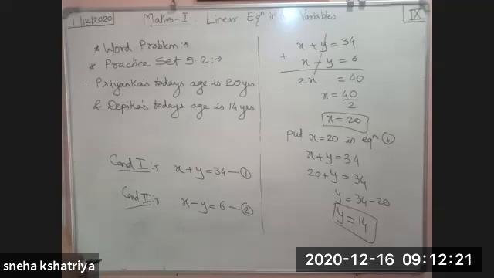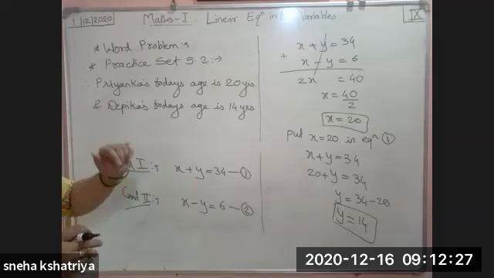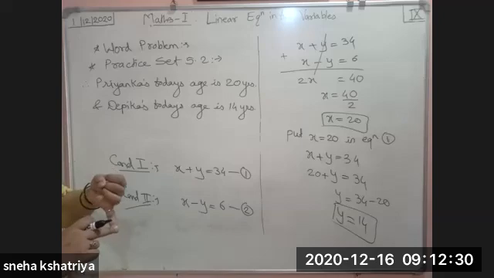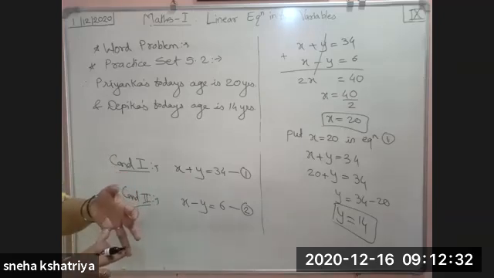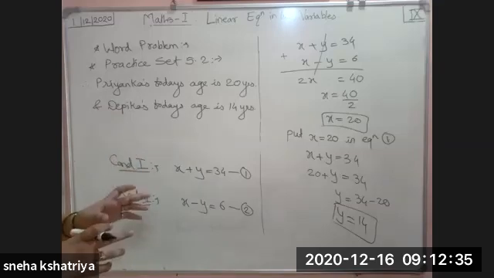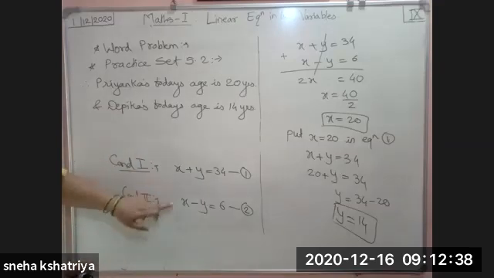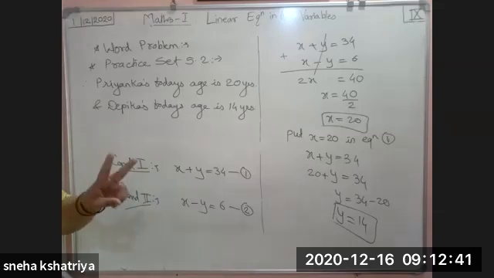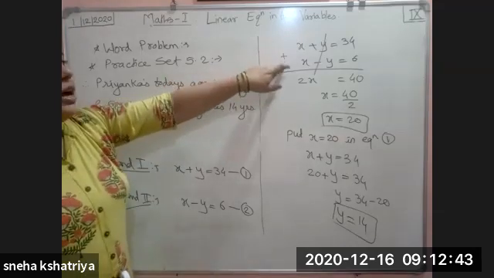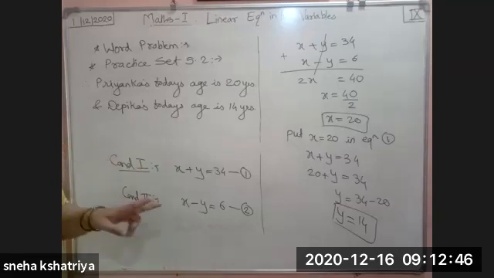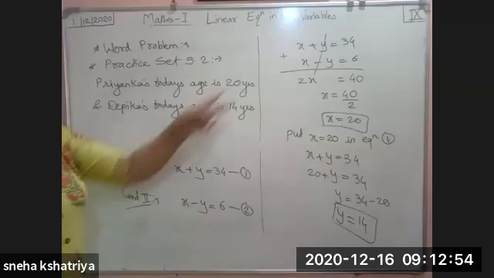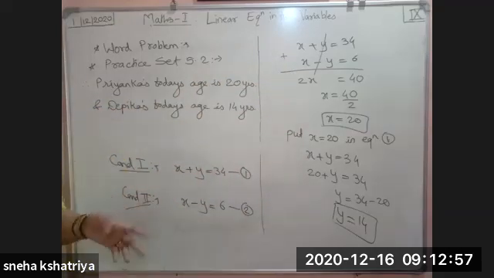Okay. So this one was very easy. Now you have understood how we are going to read the example properly. Then we are going to suppose whatever quantities are given to us. After that, we have to write whatever conditions are given. Always two conditions are given to us because the linear equation consists of two different equations. Both the conditions we will write in mathematical form. After that, we will solve it according to any one method which is easy.